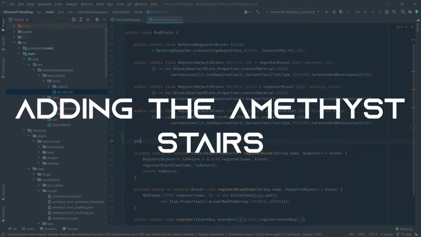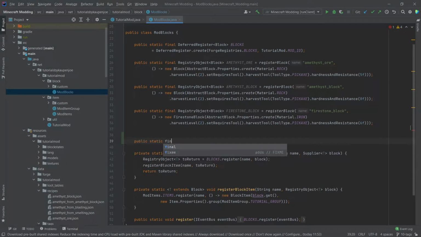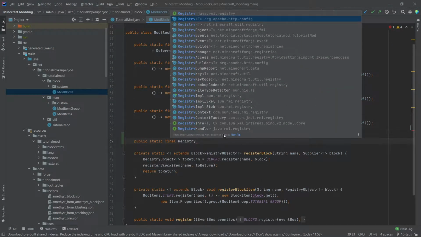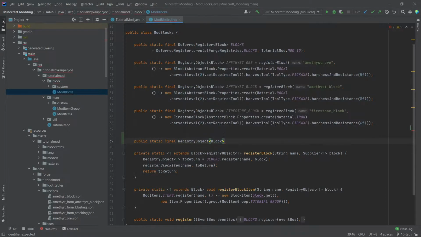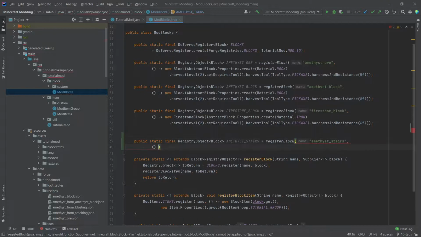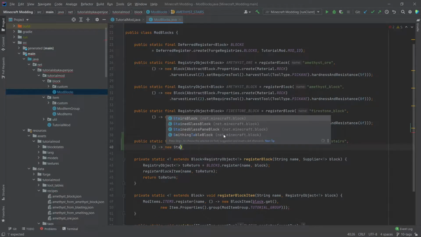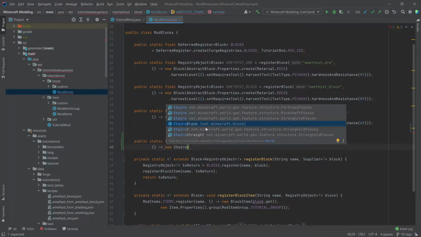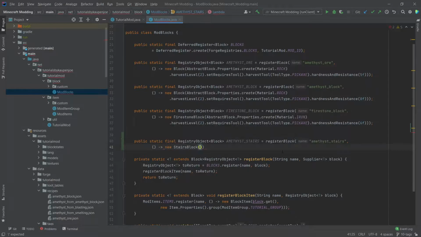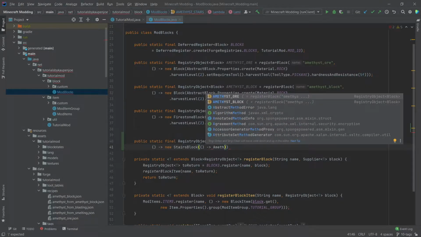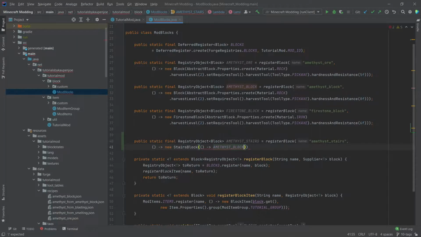So for the amethyst stairs block, we will need a public static final registry object, as so often, and this once again of type block. This will be called amethyst_stairs, and it's equal to register block, and then we're going to do amethyst_stairs, and then we will give it a new stairs block. So this is this one, stairs block in net.minecraft.block, and the stairs block actually requires another supplier here of type block, and we have to give it the block state that it was originally from. So we will have to give it